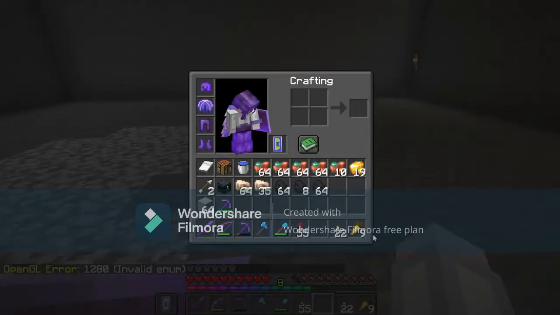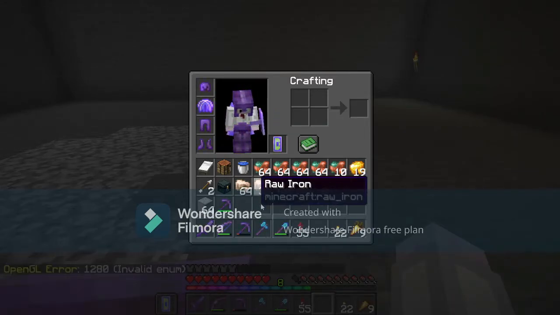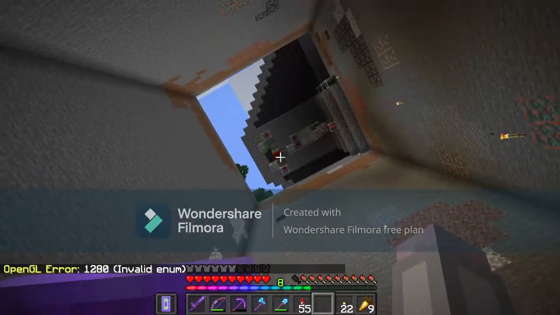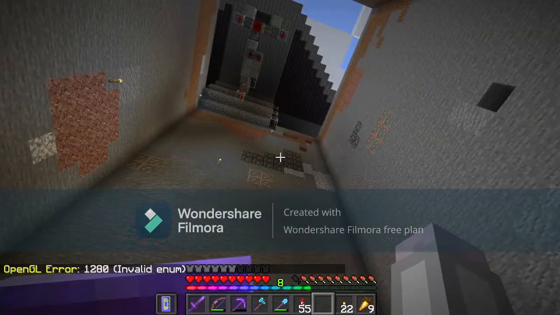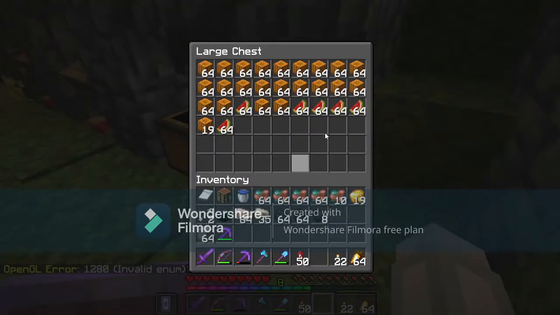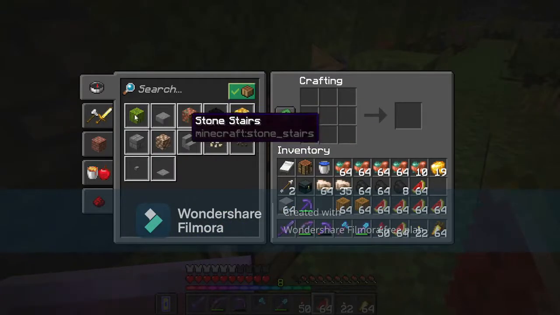Yeah, I'd say that was a decent haul. Just over 2 stacks of coal, 1.5 stacks of iron. How many is that? 4 and a bit stacks of copper, 19 gold. Yeah, that's not bad. Before I crack on with the rest of the farm though, I'm going to very quickly go and repair my pickaxe. Because I found that one of the best ways to do that is actually through villager